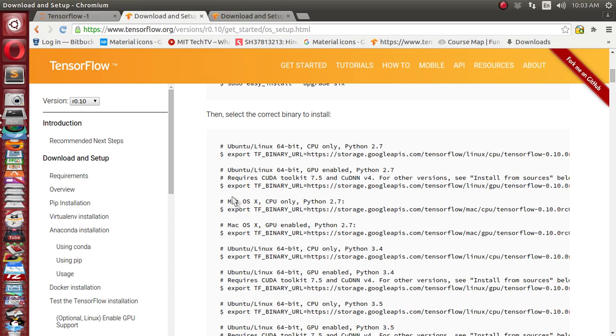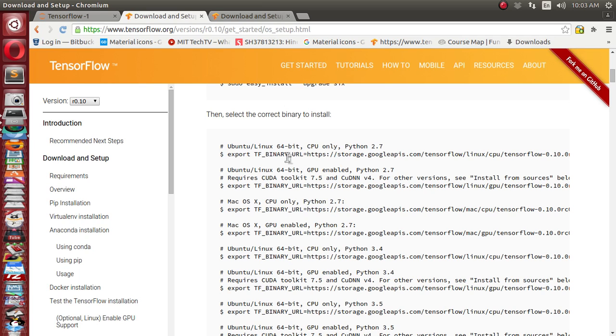For the Ubuntu distribution, a couple of binaries have been given, for Python 2.7 or Python 3.4, whatever you are using, based on the Linux and Mac OS distribution. Or if you want to install for CPU or GPU, for our video lecture series we'll restrict it to the CPU version only.